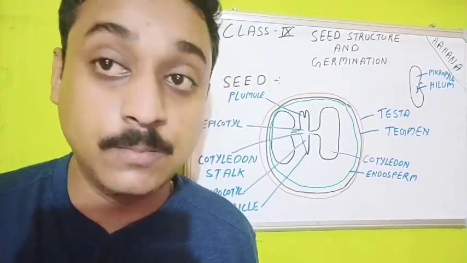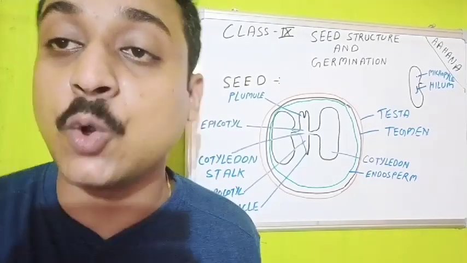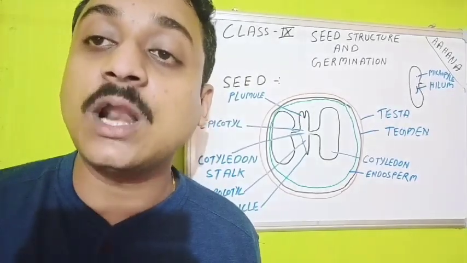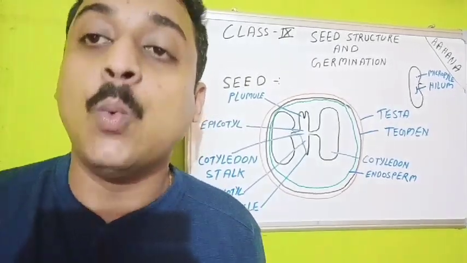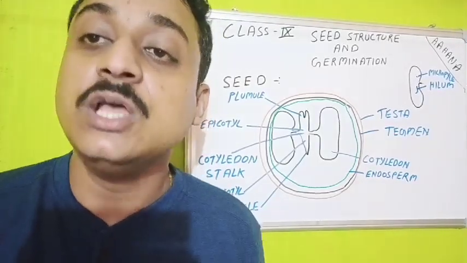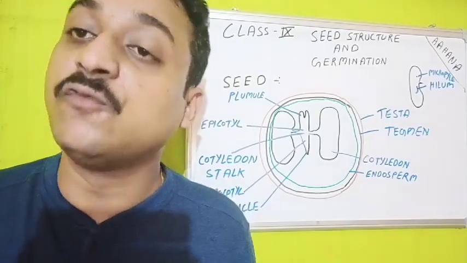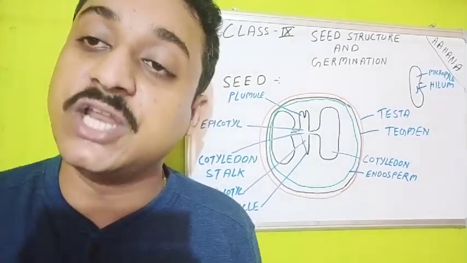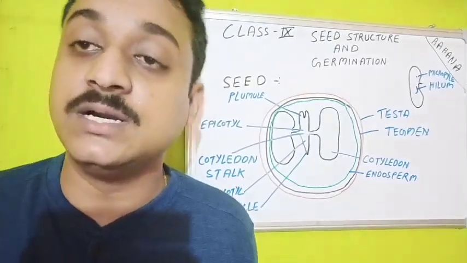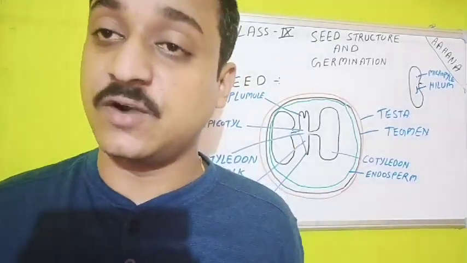Why is it known as the thumb rule? Because once the process of pollination and fertilization gets over, we need to know what the post-fertilization things are, what products form after fertilization. So after fertilization, the ovule will turn into seed, the ovary will turn into fruit, the plumule will turn into shoot, and the radicle will turn into root. This is what happens after the events of fertilization.